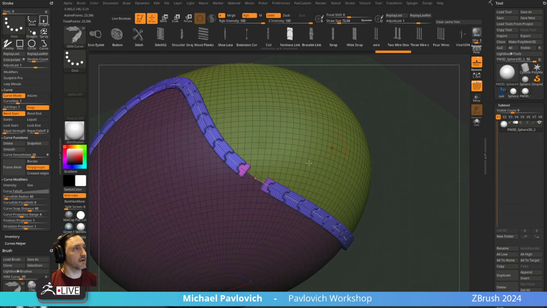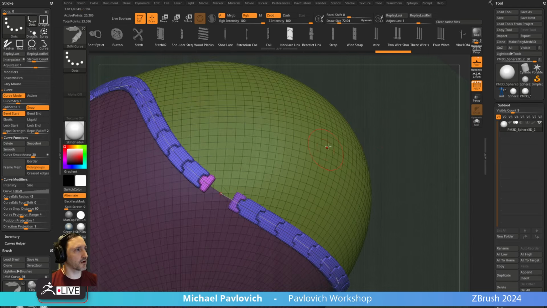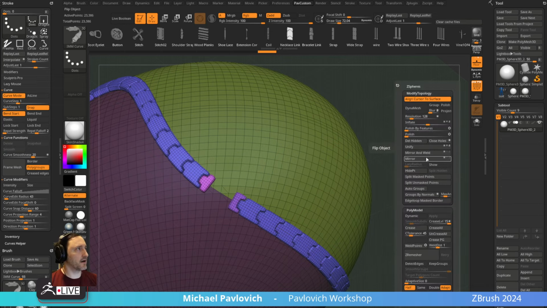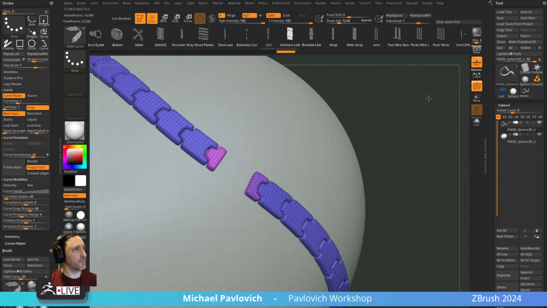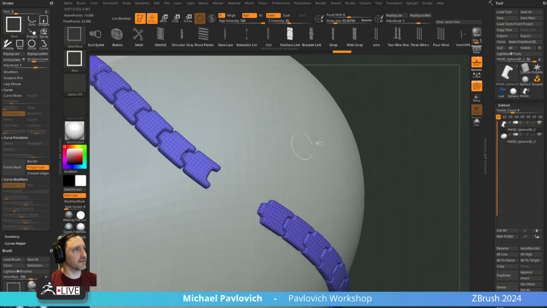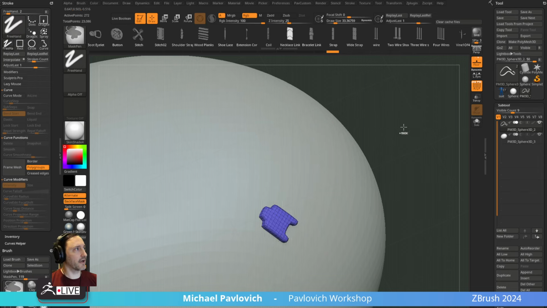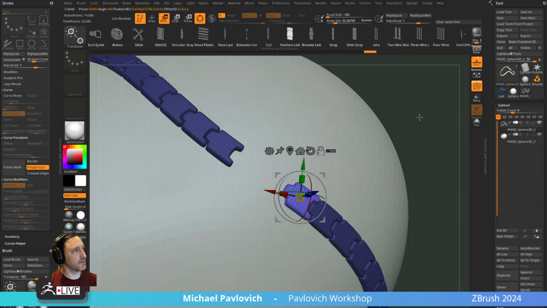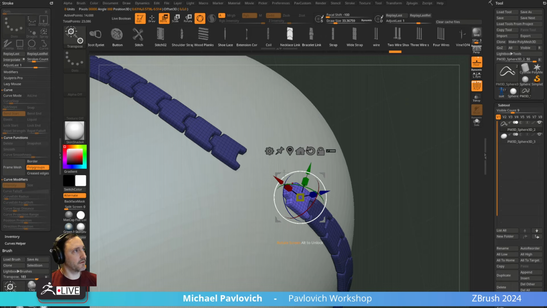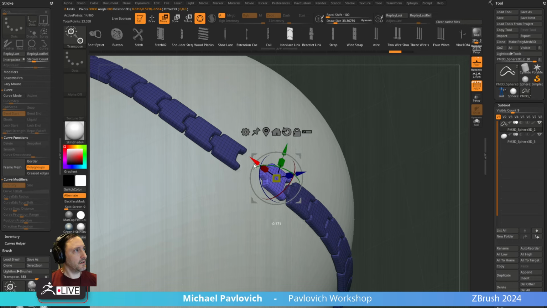Now, again, it's not going to meet up, right? So if you have a tube that doesn't meet up, or an IMM curve brush that doesn't meet up, you can just tap off, say split mask points. We can get rid of these little end caps if we want it to be seamless. And then this is where it gets a little finessey. Again, just Control Shift drag, mask, invert, W, Alt tap to find that pivot, Control drag out a copy, and